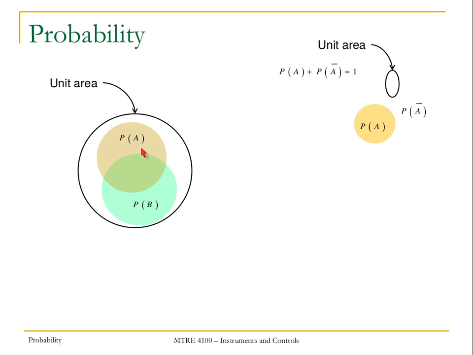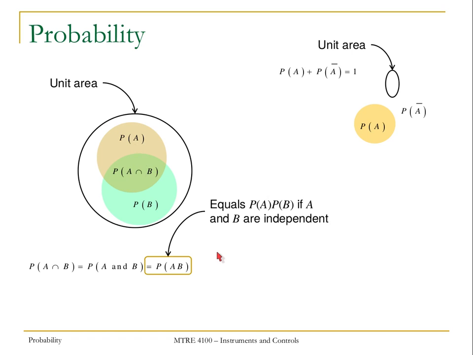So here we have two events, A and B, and again, the total probability is 1. The probability of A and B happening is denoted this way, probability of A and B. And if these two events are independent, if A and B are independent, then this probability is just the product